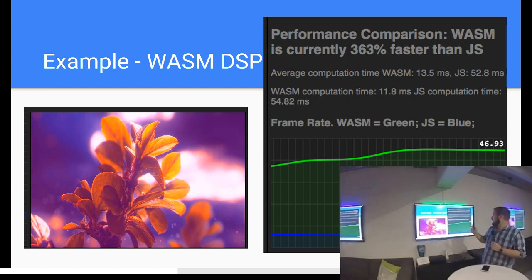So here's an example. This is Wasm Dsp. It's just a demo. Basically, you watch this flower kind of do its thing. It opens up. It's beautiful. You can apply filters to it, similar to Photoshop or iMovie or whatever else you're using. And you can see how fast it renders that in WebAssembly versus JavaScript. You can kind of see these numbers here. It's 4 times faster than JavaScript, straight up. So it's blazing fast. It's just showing how performant WebAssembly is versus JavaScript. Just having that native speed is so nice.